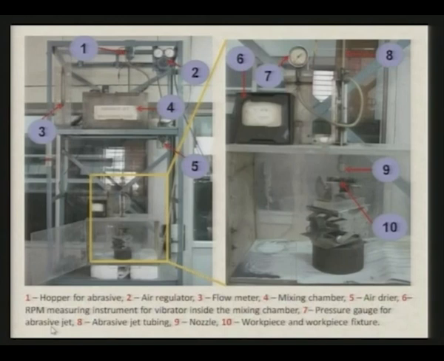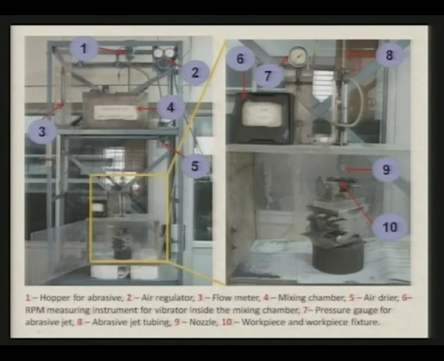Now, this is the picture of the AJM setup available in IIT Kanpur. You can see various parts or elements of the AJM setup shown over there. Here, one is the hopper for abrasive particles, and 2 is the air regulator, and 3 is the flow meter, with the help of which you can find out how much quantity of abrasive and air is flowing. 4 is the mixing chamber, as we have seen in the earlier case also, and 5 is the air dryer,